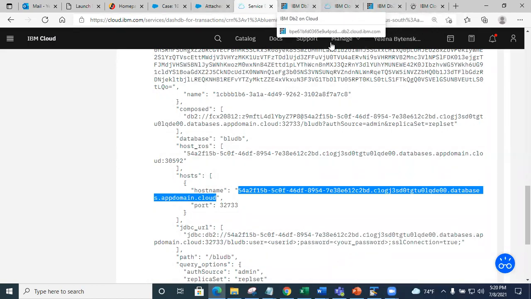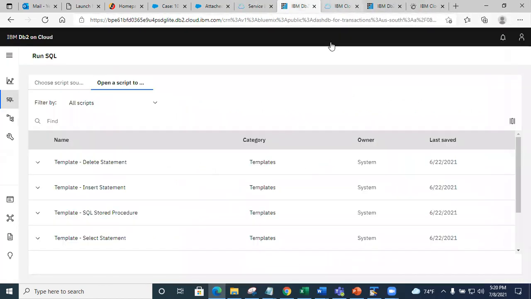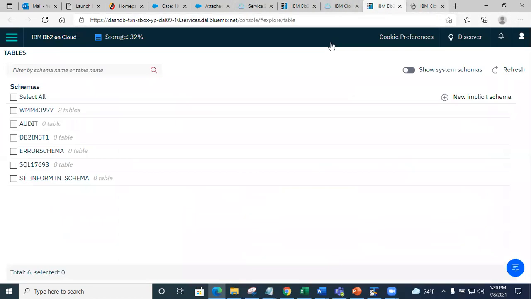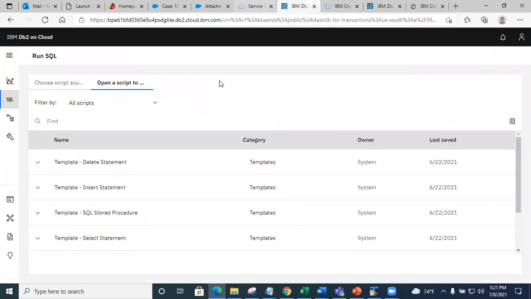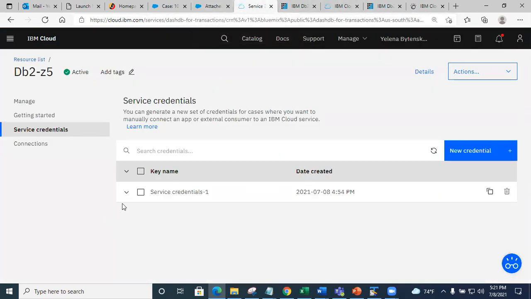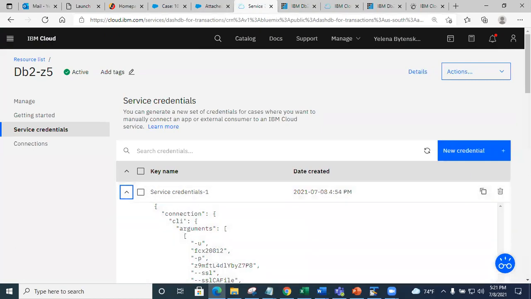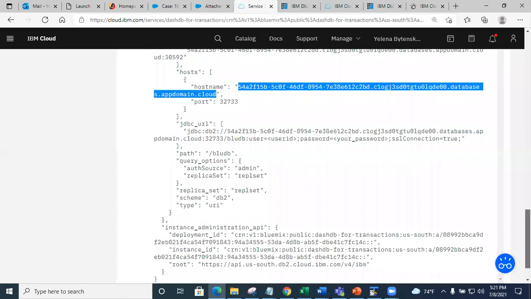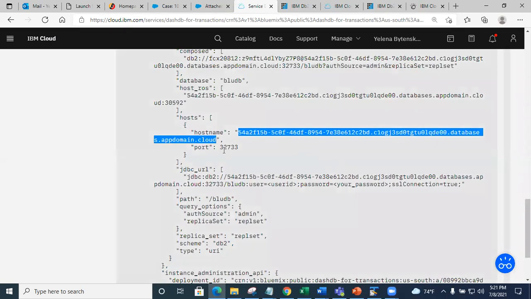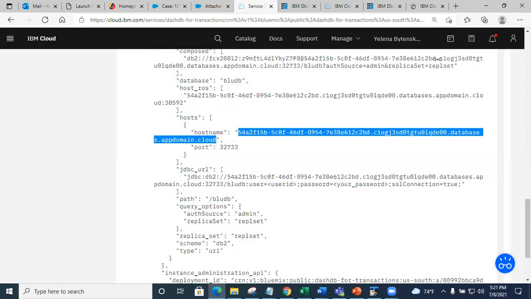I see it now. If I go to my R code, let's look at this. This is R, right? You have to change the port, guys, because it's no longer 5000, right? See this? If you're looking at this sync here in the credentials, right? Oops, is this a new one? Yes, they have it open twice probably. But if you look at it here, see guys, this is another update you would have to make. You would have to change the port. See, it was not in the instructions.